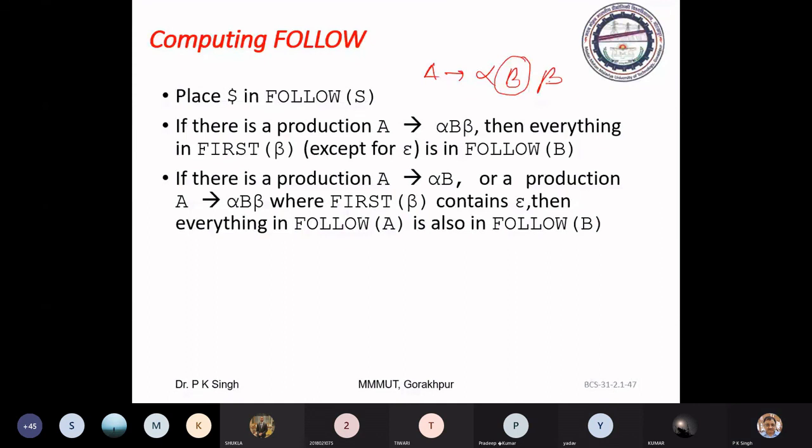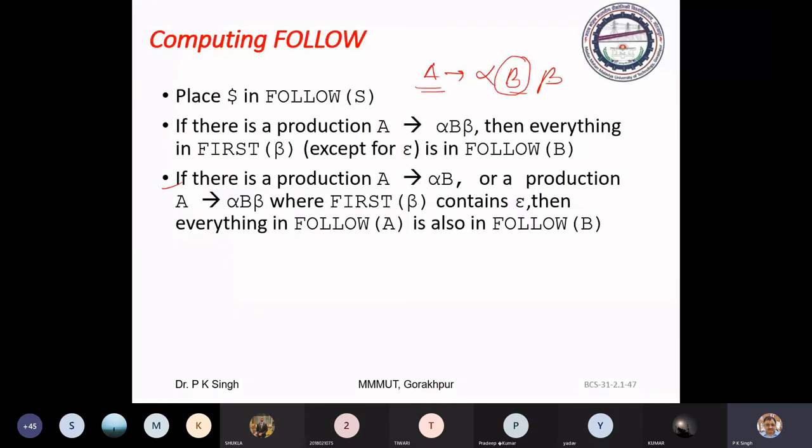And the third rule says about that case: if beta may be reduced to epsilon, then follow of B contains follow of A. So in this way, you can compute first and follow.